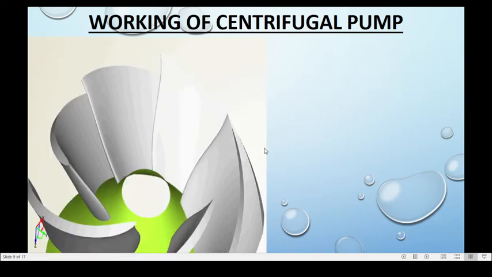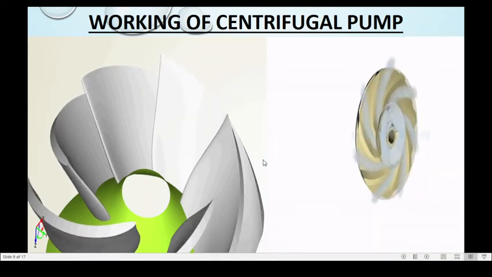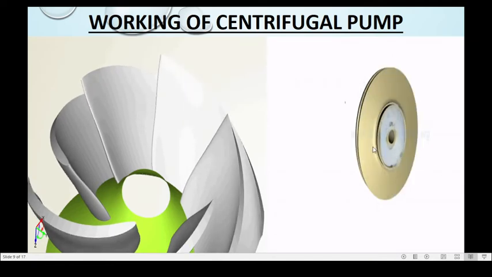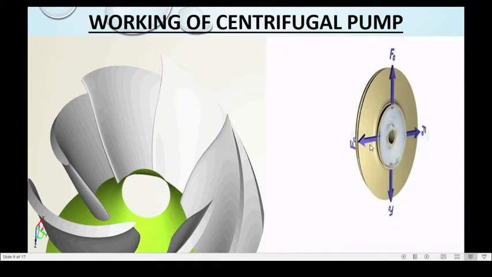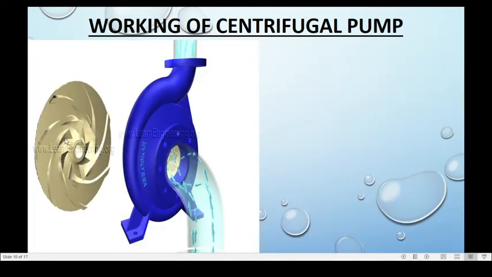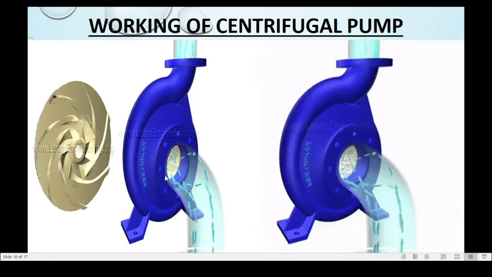Next is the blades. Here you can see the area of the blades is increasing from here to outward, and this is what the centrifugal pump has, backward curved vanes which have the area increasing. You can see the curved vanes and how they increase the area. Next is the working. You can see the impeller, how it is fitted inside the centrifugal pump, and how the water is coming inside the impeller and is pumped out to the delivery pipe.